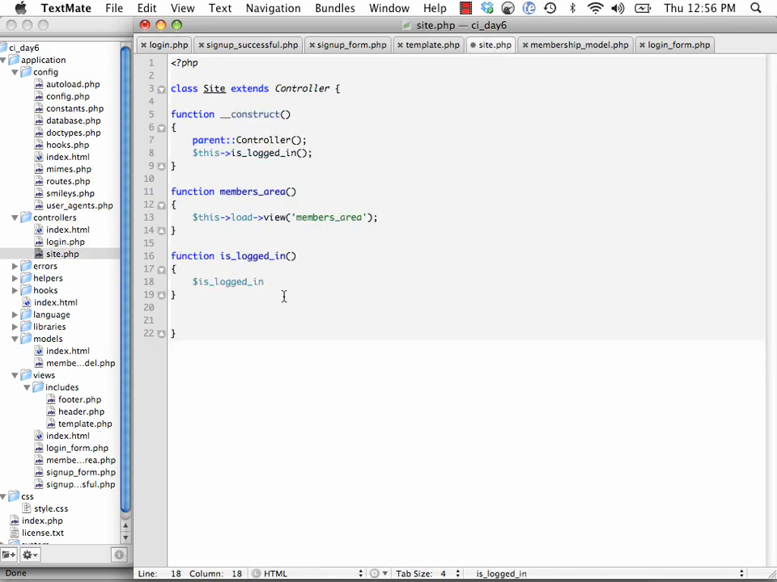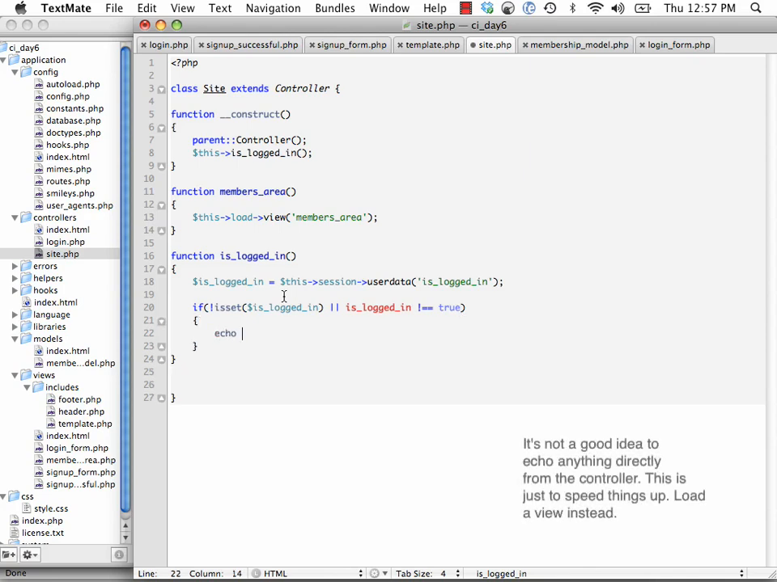So let's go back to our site, and we're going to add is logged in equals this, and the way we retrieve those values from the session is this session user data, and then we type in the key, which we called is logged in, and we set that to true. So what we'll say is if not is set, and just copy that. If not is set, or is logged in does not equal true, then we know they don't have permission to be on this page, and we'll say echo